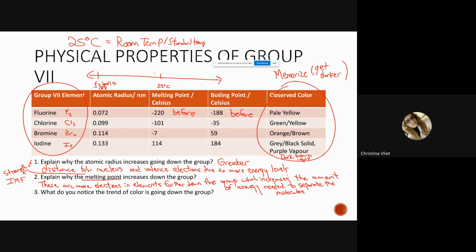Now let's take a look at chlorine. Chlorine melts at what temperature? Meaning it turns from solid to liquid at what temperature Celsius? Is that before or after 25? Before. Okay. Chlorine boils at negative 35. Is that before or after 25? On a number line, before. Which means the state of matter of chlorine boils at negative